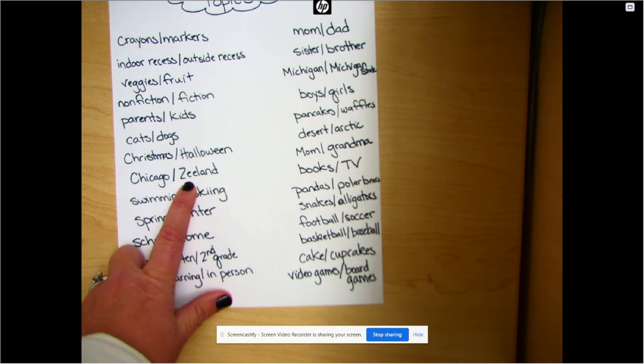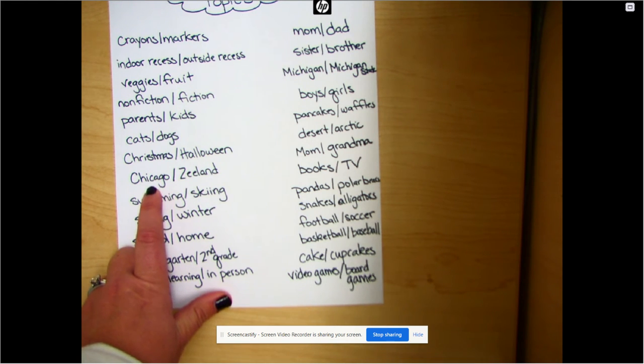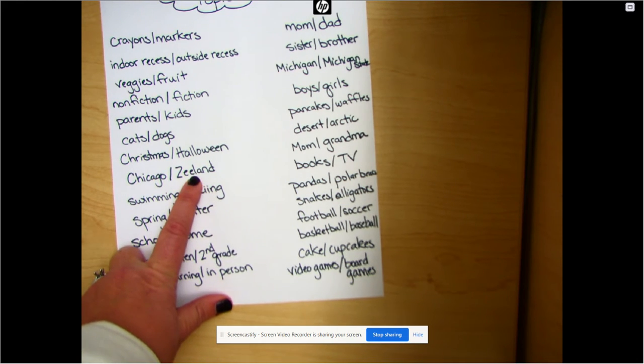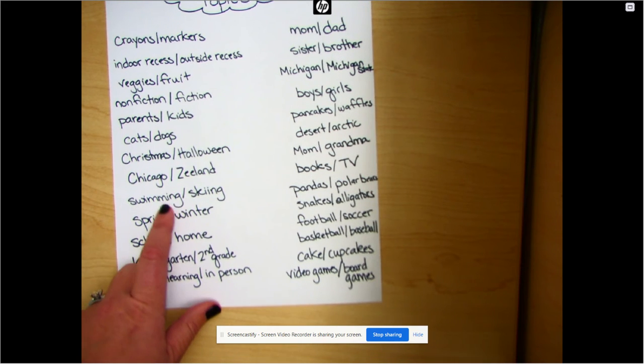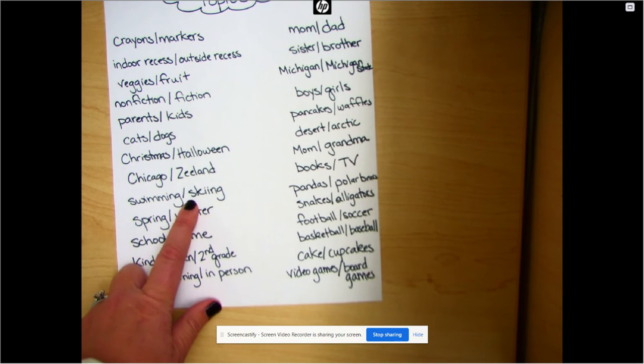So Zealand is small and Chicago is large. Chicago has a lot of people and very tall buildings. Zealand doesn't have as many people, and the buildings aren't as tall. There aren't skyscrapers here, but they both are a place where people live, right? So there's some similarities. Swimming versus skiing, I thought could be one that you might be